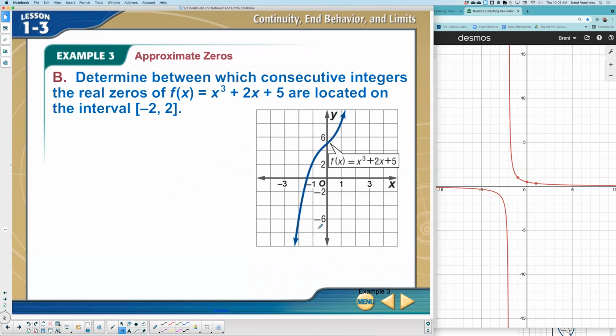Let's try this one. Determine between which consecutive integers the real zeros of this equation occur on the graph. Okay, this one, how many zeros do you see? 1. And it looks like it occurs between -1 and -2. So 0, and it's just 1 0. So 0 occurs